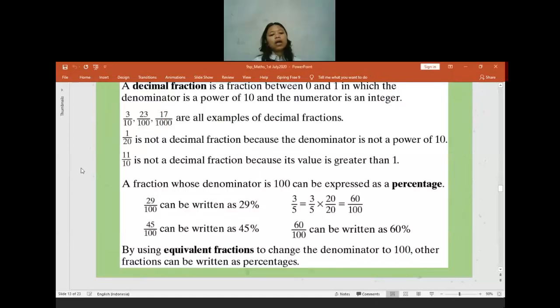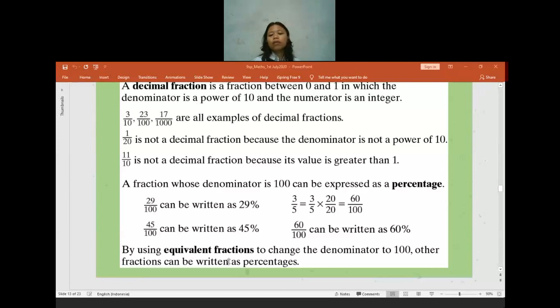In here, we have a decimal fraction. This is like a term, maybe you don't know what a decimal fraction is. A decimal fraction is any fraction where the denominator is a power of 10. So like 3 per 10, or maybe later you have 3 per 100, or 3 per 1000, or 3 per 10,000. As long as the denominator is a power of 10, we call it a decimal fraction. This is just a new term. Maybe later in the question you won't know what a decimal fraction is.